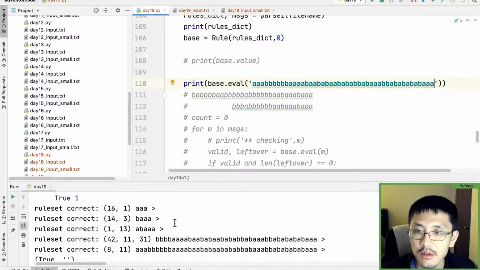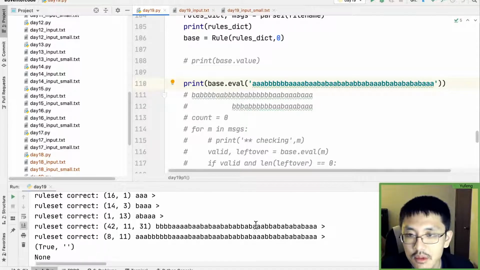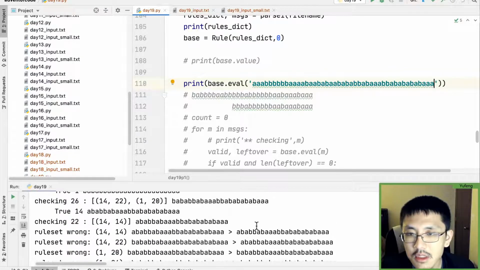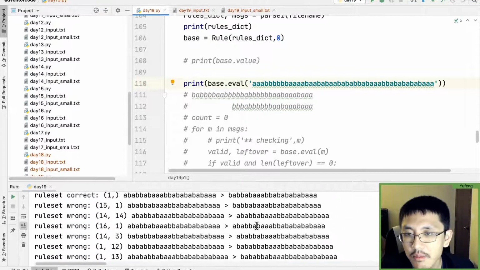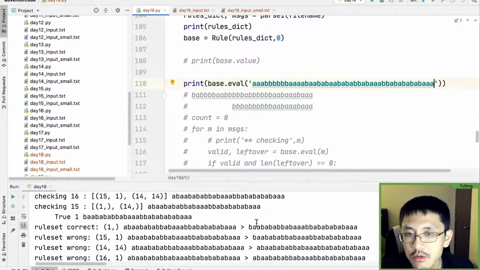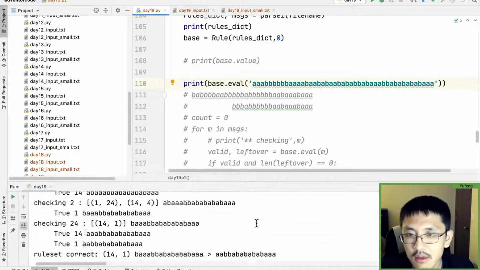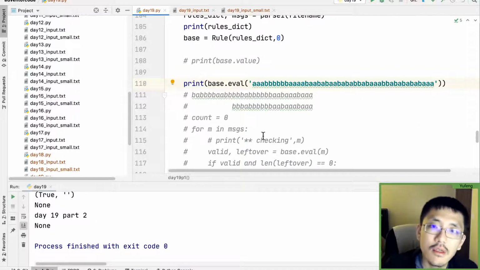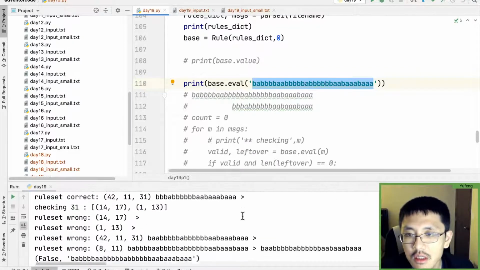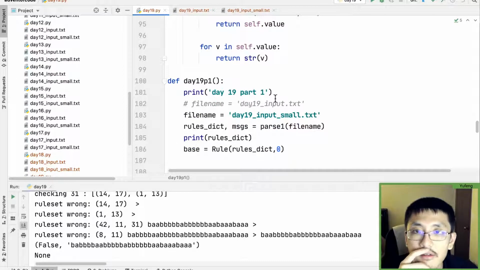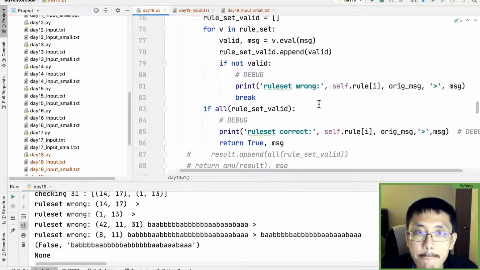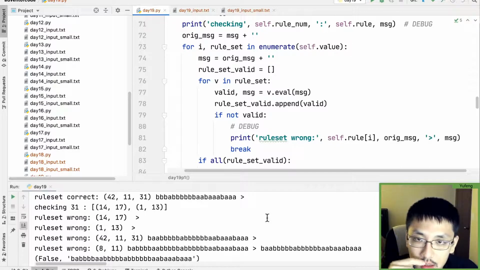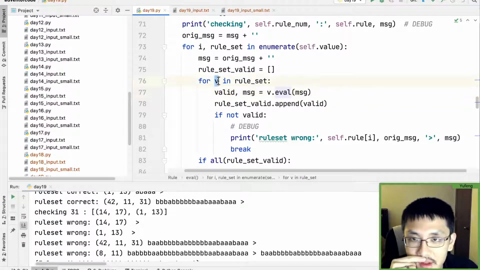So this one came out to be true. And we see here it says rule set correct, even though there's nothing left. And you see these are short. It seems that we don't check bad outcomes too much. We're short-circuiting frequently enough. Is it because when we're short-circuiting on those falses, if the length of the string is 0, it shouldn't be counted as wrong? I mean, we only call this for each of the rules